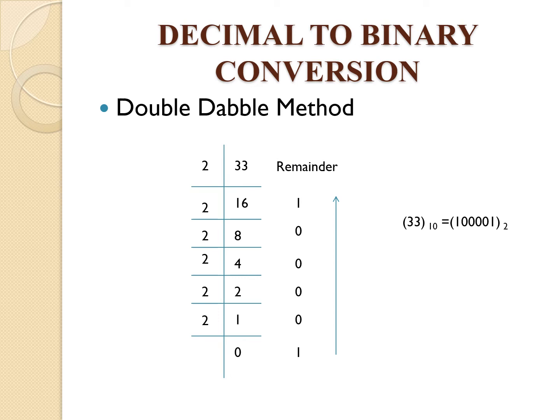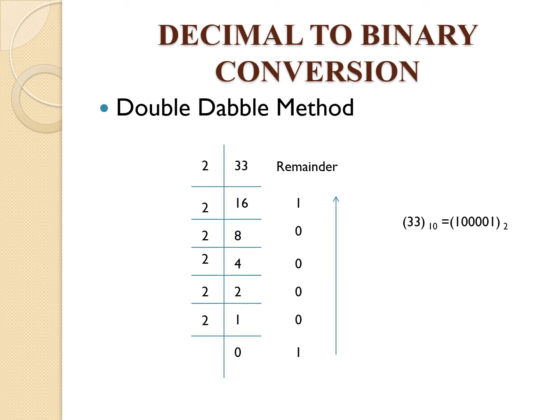Now decimal to binary conversion. Whenever we go for conversion from a decimal number to a binary number, the method which is used is known as the double-dabble method. In this method, the number is taken and successively divided by 2 and the corresponding remainder is noted down. Once we note down the remainders, we have to write down the answer from bottom to top as shown in the example given.